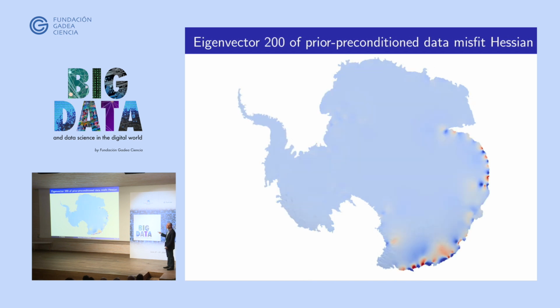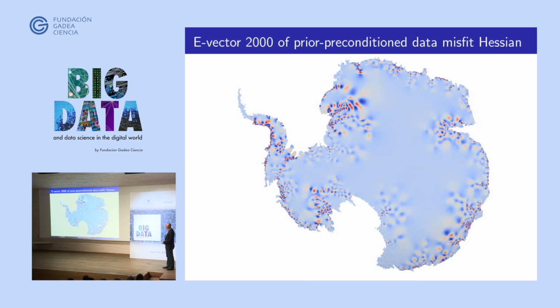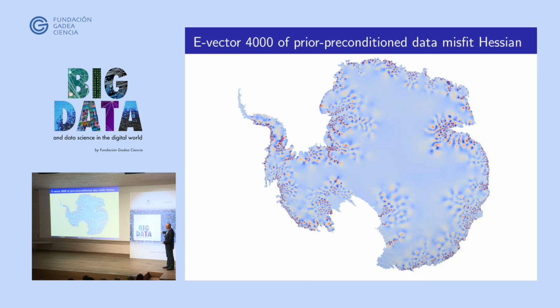So there is information on the smaller length scales of this boundary condition coefficient, but there's less information contained. So this is now 2,000. This is the last one, 4,000. So again, there's very little information in the interior, and that's why the variance is so large in the interior. But you see small length scales in regions where the ice is flowing fastest. So it's that fast-flowing ice on the surface. The observations of that are telling us most about the boundary condition at the base.